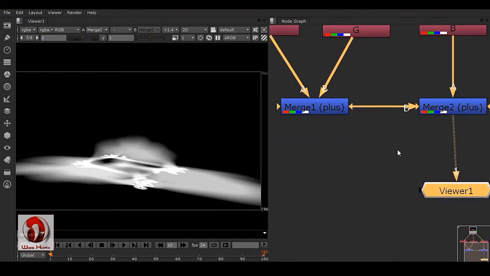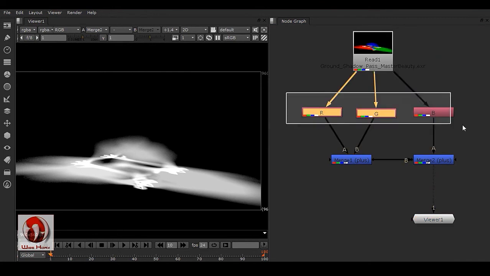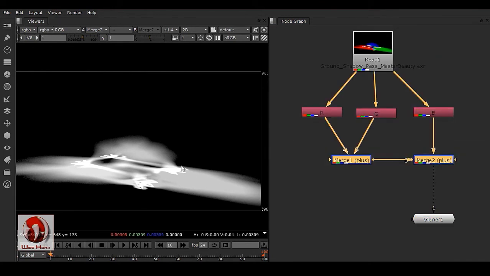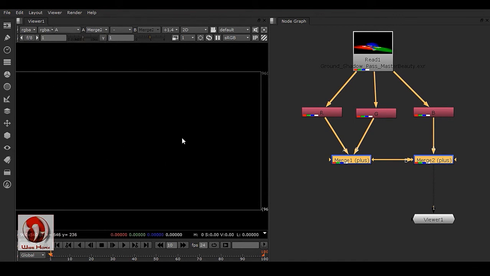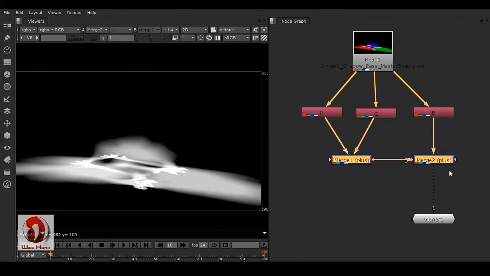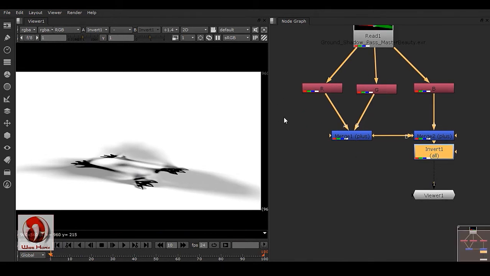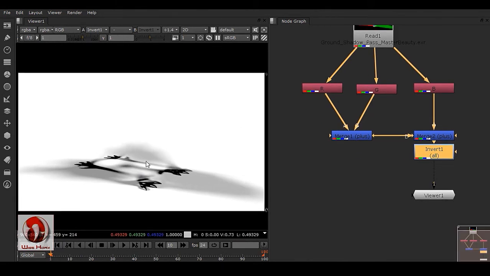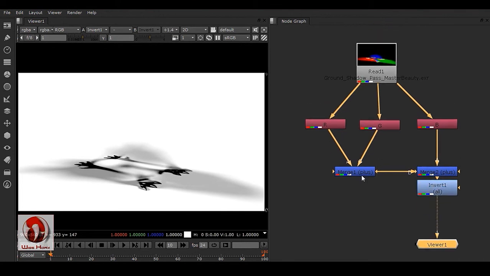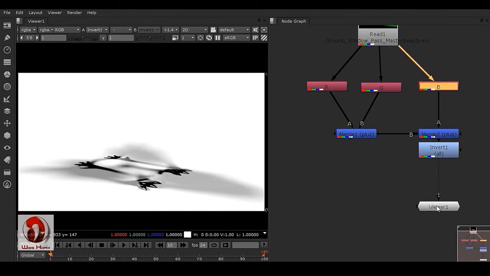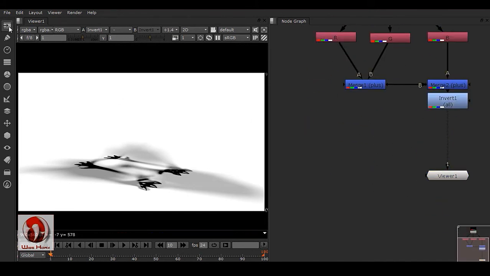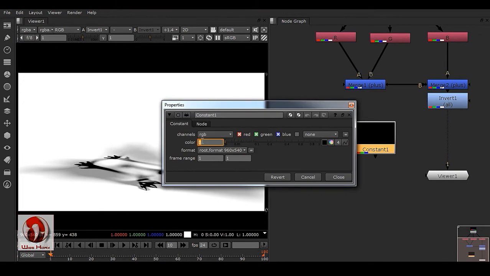Now we can have our passes separated and merged back together, and here we don't have any alpha channel, so that is what we need. And now we need to invert this, and now you'll get your shadow pass. So this is how we can get your shadow pass, and you have this individual control in every shadow pass. So now go to your constant and get a gray color,